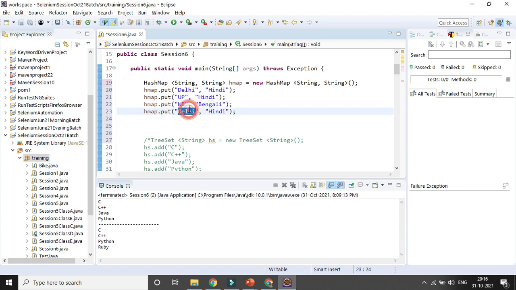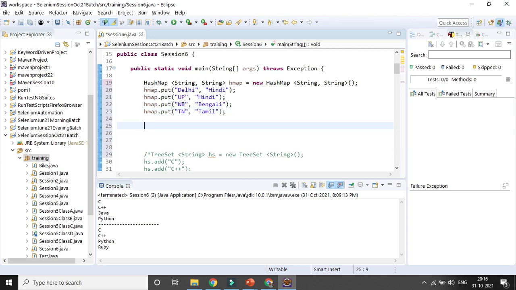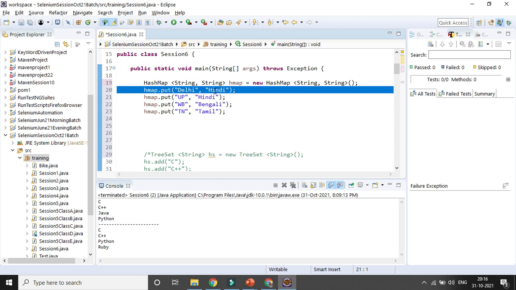Now if you want to get the value of the key, this is the key and this is the value, a key-value pair combination in a HashMap. Please remember the key and value pair combination. The key should be unique in nature, but your value can be duplicate. Whenever you print something, it does not guarantee the order of insertion, the order in which you are entering the data.